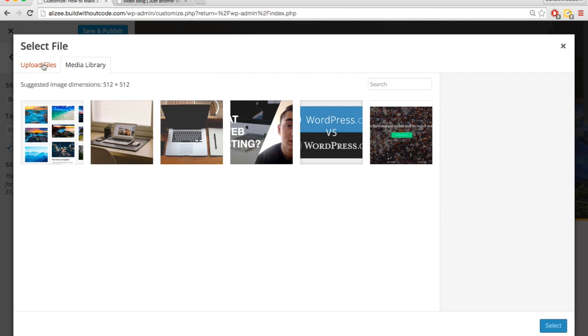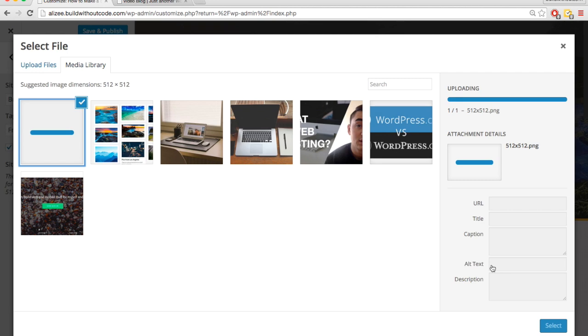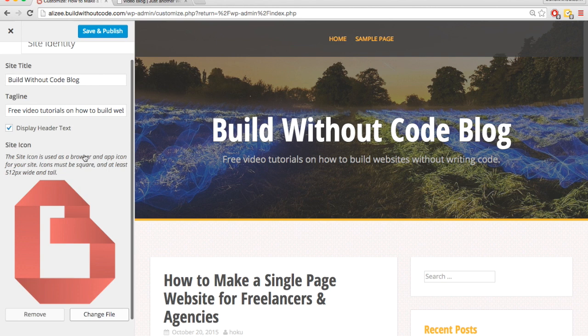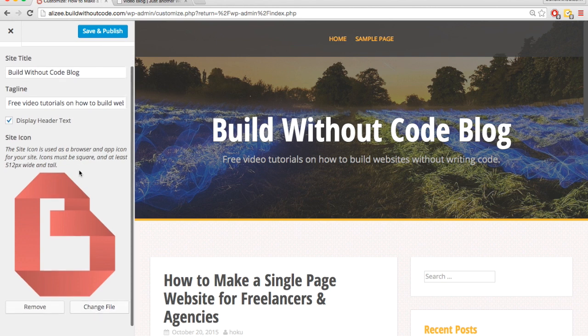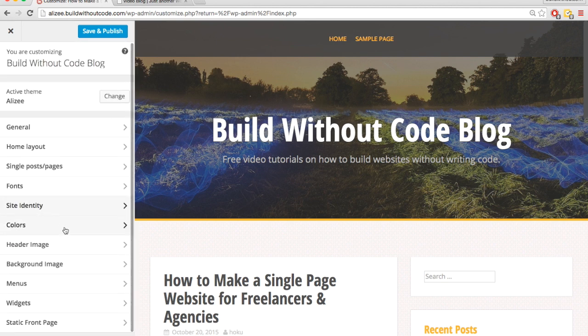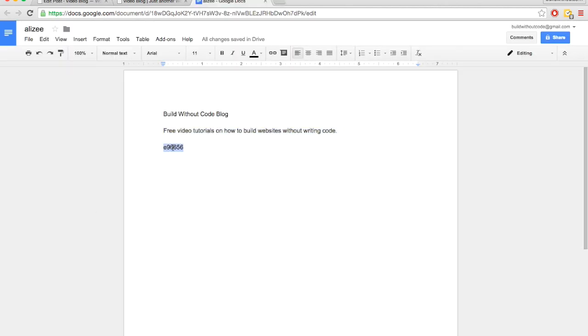So I'll go to Select File, Upload Files, Select Files, get my little favicon, site icon, hit Select. And they want it to be pretty big because sometimes this will show up in other areas too, not just up here in the tab. So for instance, if you were to create a shortcut on your phone for this website, it would usually use the site icon. So I'll go back, and then colors, I can change the colors,